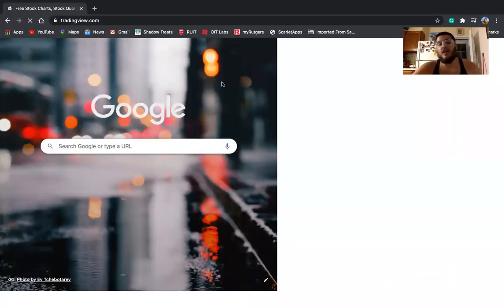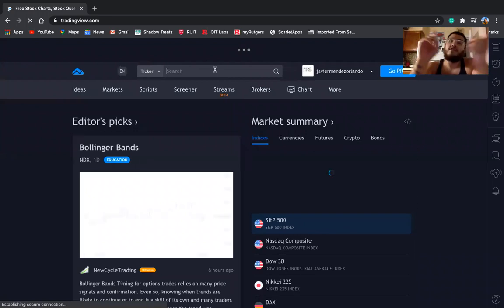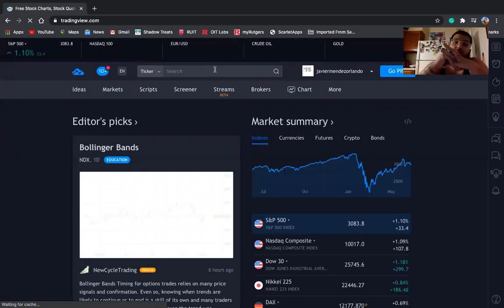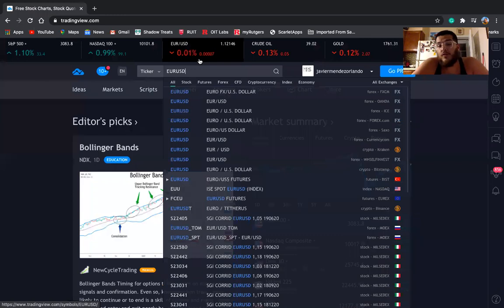TradingView.com. TradingView.com is a global market watch, really, the way I like to call it. You can look at different stocks. You can look at foreign exchange pairs. You can look at metals. You can look at silver. You can look at commodities. So, for instance, if you want to look at Euro USD, you would type in the ticker for it, which is Euro USD. I look at this first one called Forex